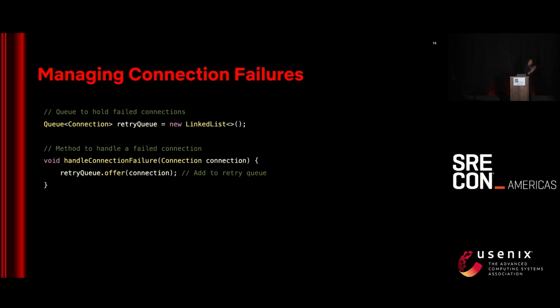We have a pool manager which spins up a new thread and monitors the health of each and every connection. For example, if any of these connections are failing, then we put it in a retry queue and try to see if it's an intermittent failure. For some cases, I'm just giving an example here,